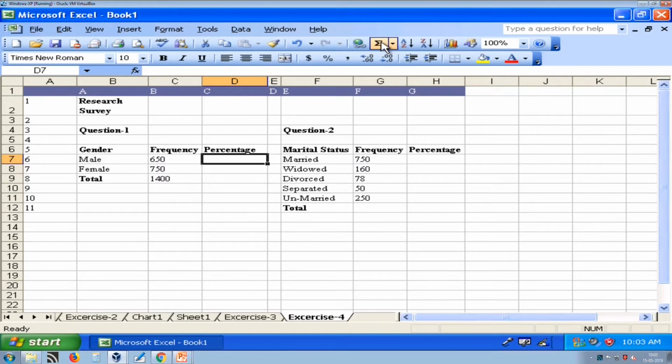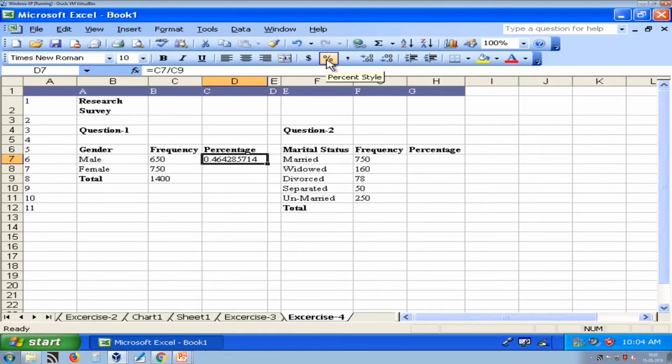So, here the formula is equal to C7 divided by total, and just press enter. Now, how to apply the percentage sign? Just go to the formatting toolbar and press the percentage style.